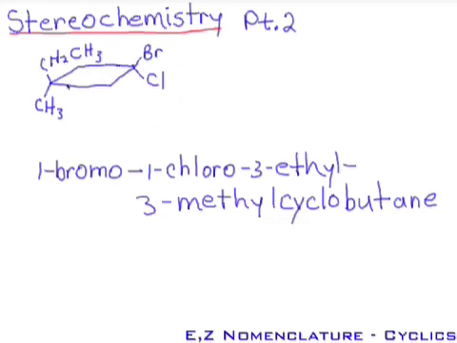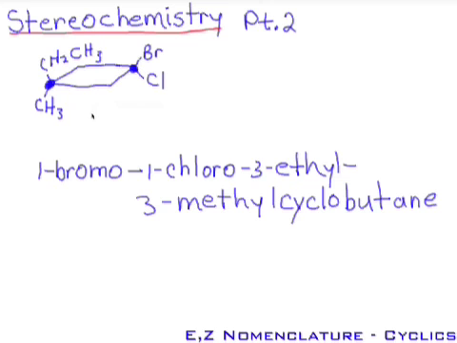In a ring structure, we look at the carbons here and here, the carbons to which the substituents are attached. If above and below the plane of the ring on one carbon, there are two different groups, an ethyl is different than a methyl. Then we look at the other carbon. If the other carbon has two different substituents, a bromo and chloro. So both the carbons with groups above and below the plane of the ring have different groups, then you can